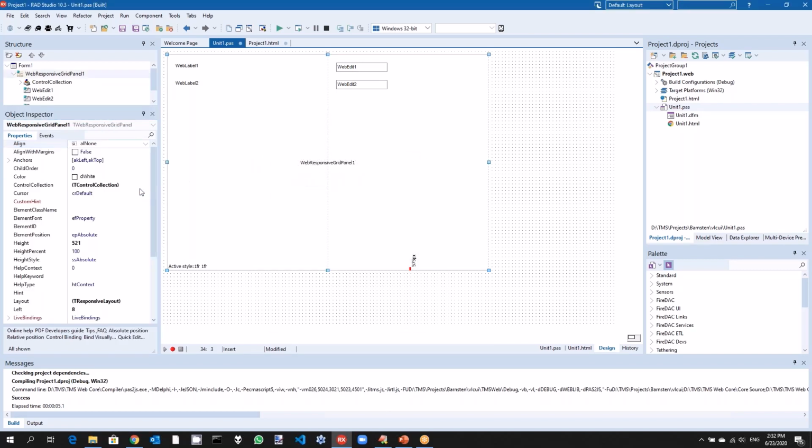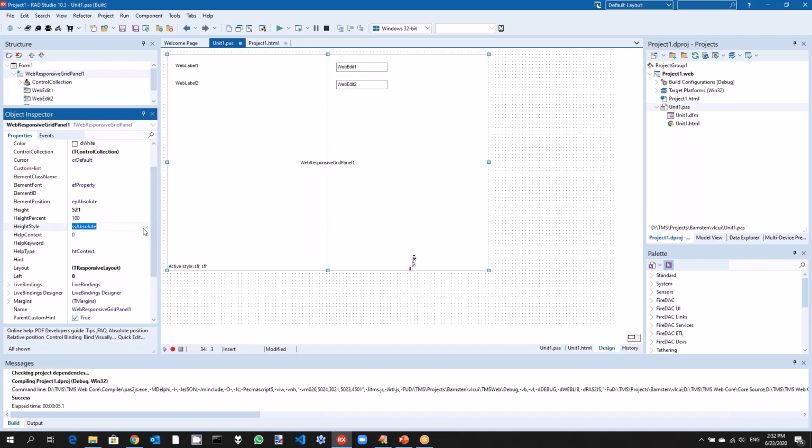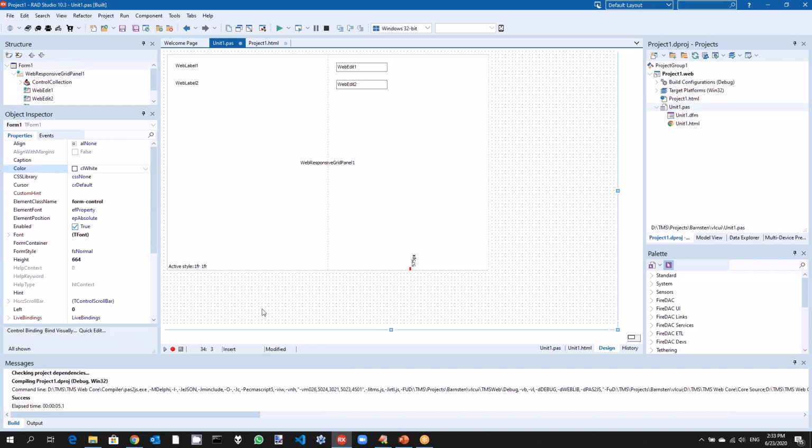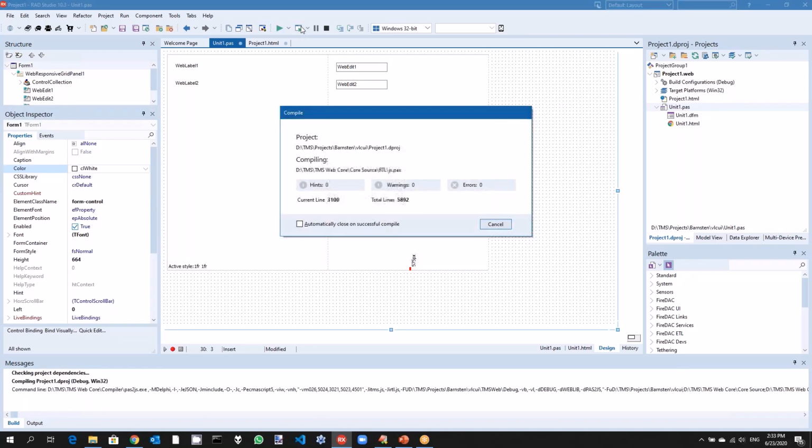What I will also do here is change how the height of my responsive panel is controlled. And I will set therefore the height style to auto, meaning automatically adapt the height of this responsive grid panel to the needed height depending on the controls in this responsive grid panel. What I also need to do here is make sure that the size of my grid panel will change as I change my browser size, and to do that I will enable anchoring. And so when I run this application,